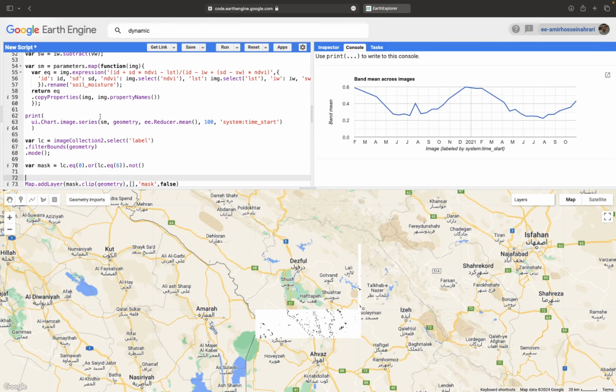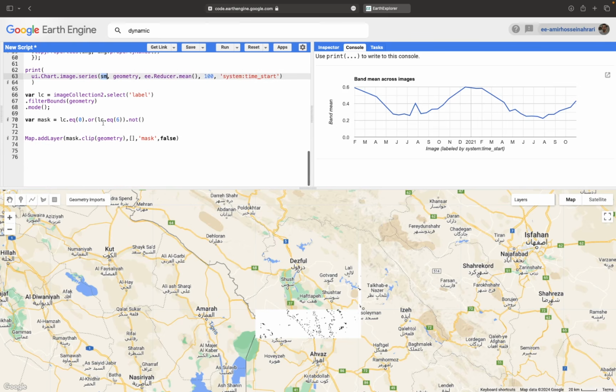To apply this to all soil moisture images, make a new variable, soil moisture mask, equals to masked soil moisture equals to, get soil moisture images, and then through the map make a new function,